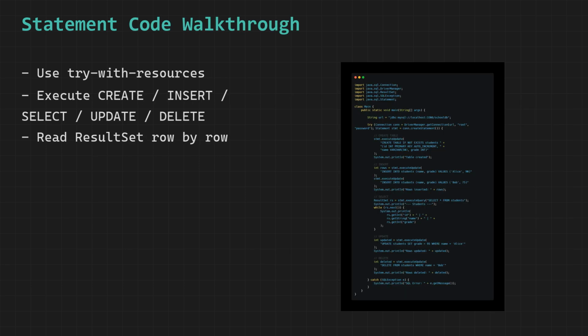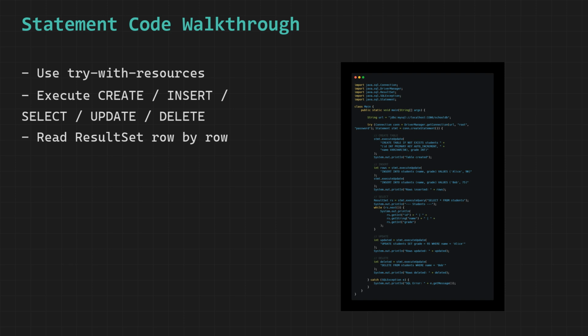Both Connection and Statement are placed inside the try with resources block, separated by a semicolon. This means both are closed automatically when the block finishes executing, whether it finishes normally or throws an exception. Statement implements AutoCloseable, which is exactly what try with resources requires to handle closing automatically.